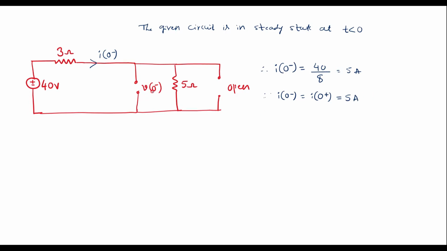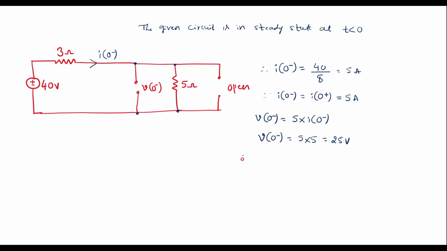Similarly, here we can see that though there is an open circuit, voltage exists. So with respect to this circuit, V of 0 minus is nothing but the voltage between this point and this point, which is the same as this point and this point. Therefore the voltage across this open circuit is nothing but the voltage across the 5 ohm resistor. Therefore V of 0 minus is equal to 5 into the current through this resistor, that is I of 0 minus. Therefore V of 0 minus is equal to 5 into 5, which is equal to 25